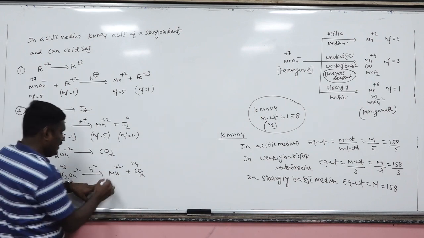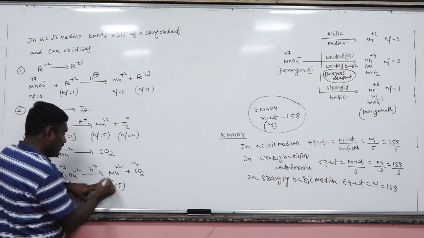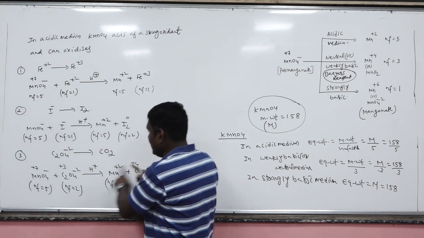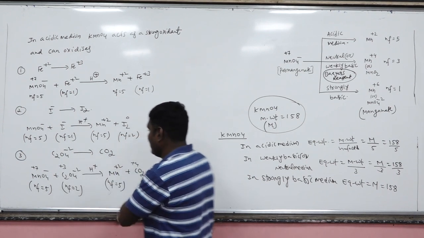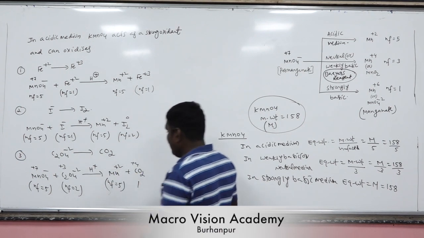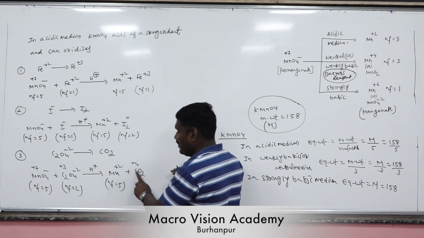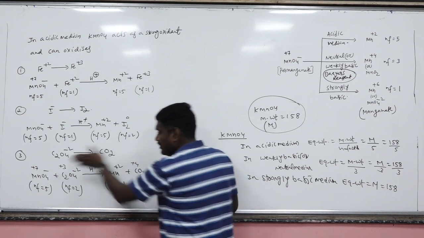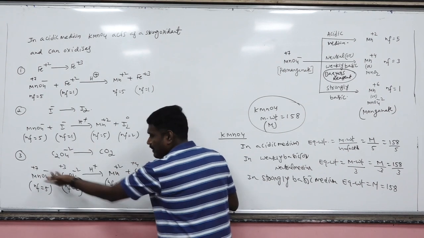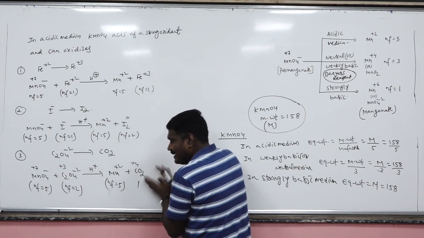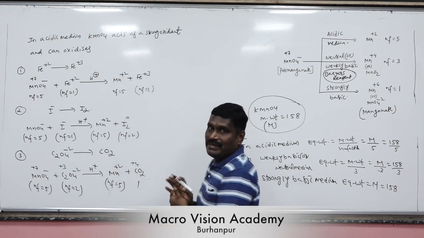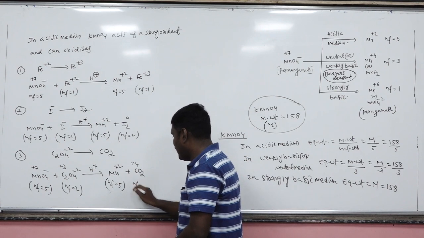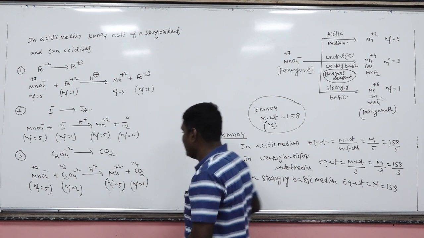Okay. Now come to here, N factor, it is known, 5. Now come to here, carbon oxidation number plus 4. It is reduced to what? Plus 3. Change is what? 1. Remember, here how many carbon atoms are there? Only 1. Don't look at the product side. I mean, from here to there, it will be reactant, that will be product. Only in the reactant side we have to see the number of atoms. Okay, only one atom is there. So here change 1 into number of atoms 1. So 1 into 1, that is 1.